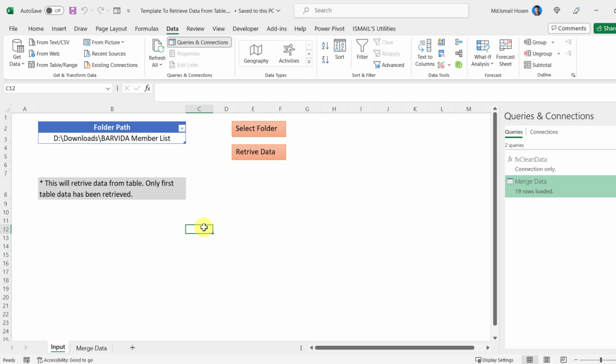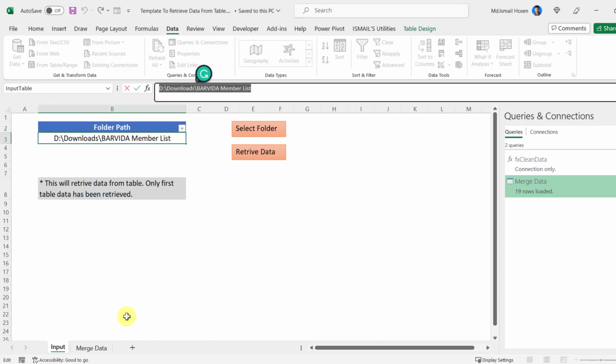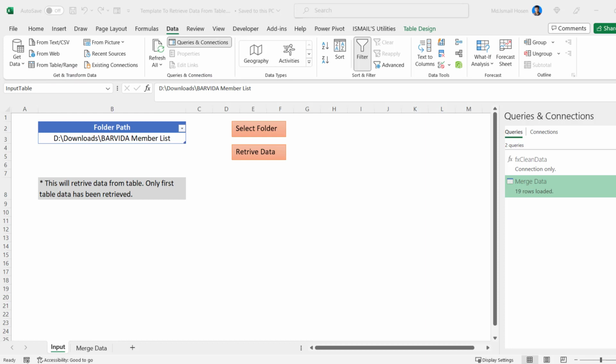How would it be if you can combine all the data from all the Excel files of a specific table, like a table from all those Excel files? So if you go into this particular folder, and in this folder I do have